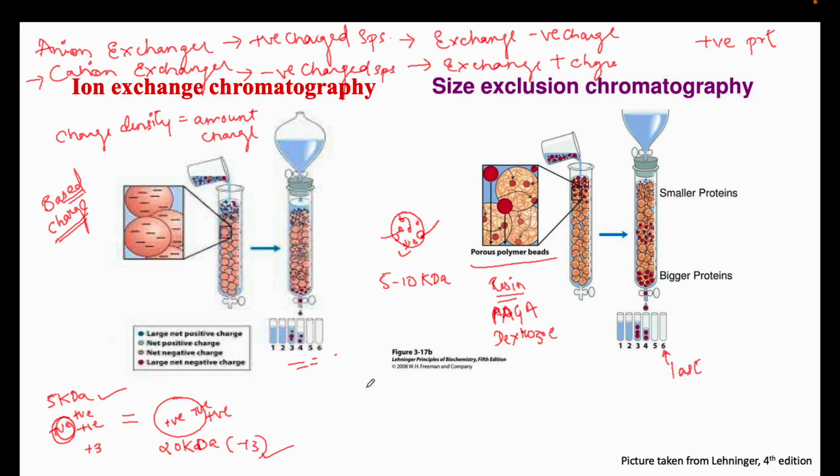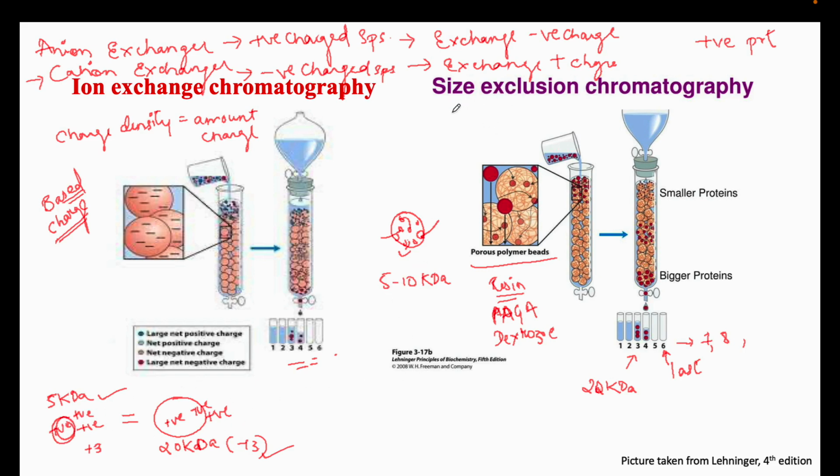They will elute last, whereas my 20 kilodalton protein will elute out faster from the protein solution, because it will not go into the pores, but will slide down on the surface of the resin. So for example, here in the third tube, there will be 20 kilodalton protein, and my protein of interest will start eluting from either tube 6 or more, like 7, 8. After 7, 8 elution, I might get my 5 kilodalton protein, right?